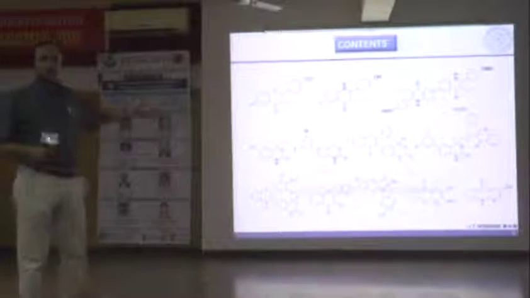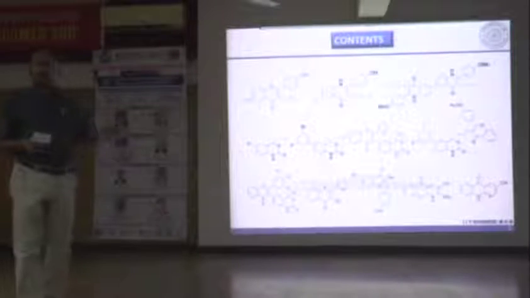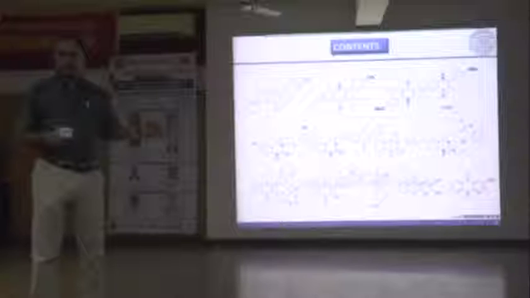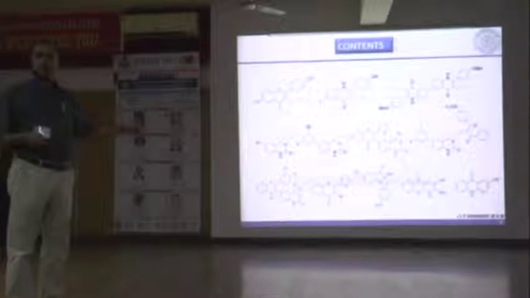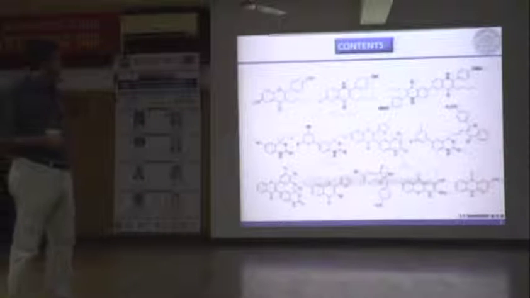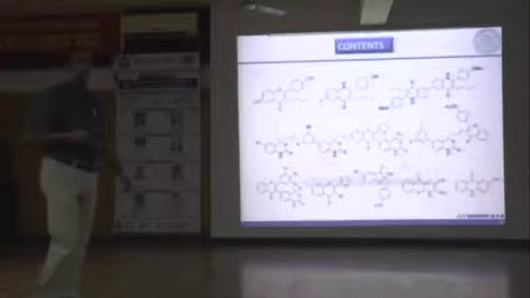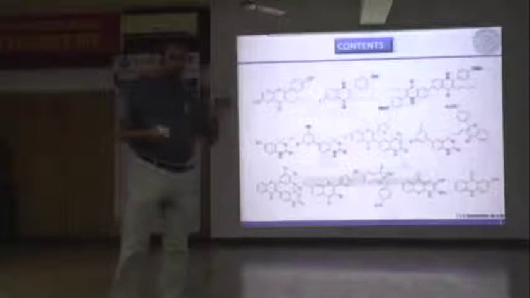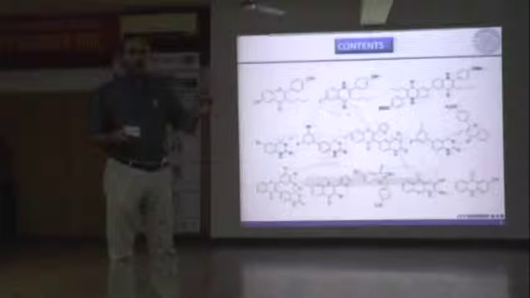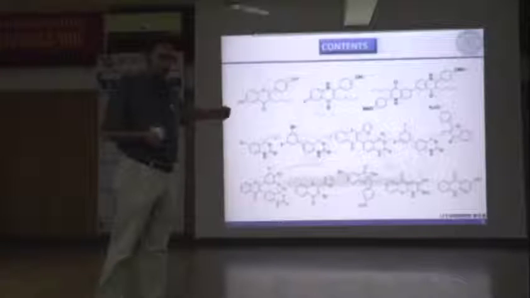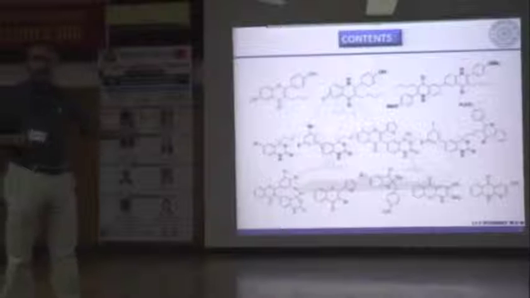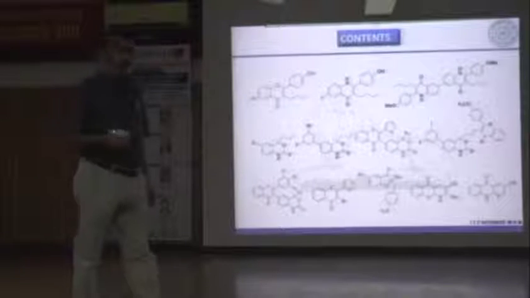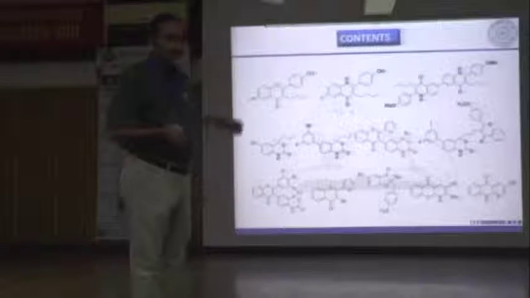If you look, these are certain molecules I am going to show here. That is all synthesized in my laboratory. And all these molecules, if you look, have a heterocycle somewhere. Any molecule you can take, you will find a heterocycle containing 1 or 2 or 3 heteroatoms in the cyclic ring. That's why it is called heterocyclic. Otherwise, I am not talking about a cyclohexane type of ring. We are talking